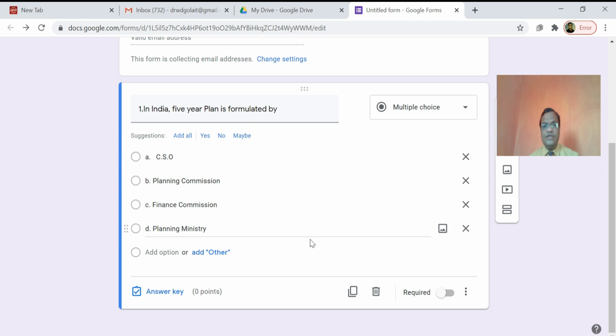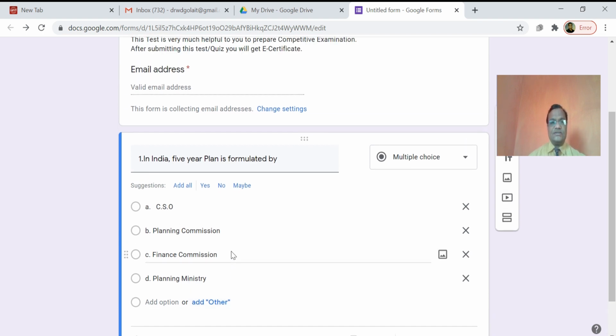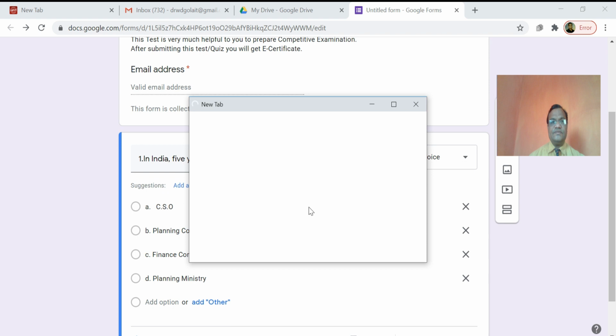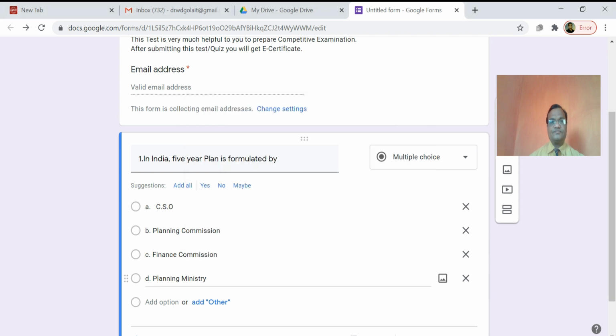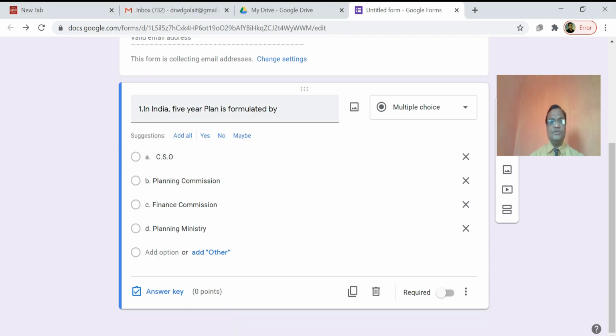Now every time you can give the marks and answer for each question. Suppose, in India the 5-year plan is formulated by: finance commission, planning commission, planning minister.